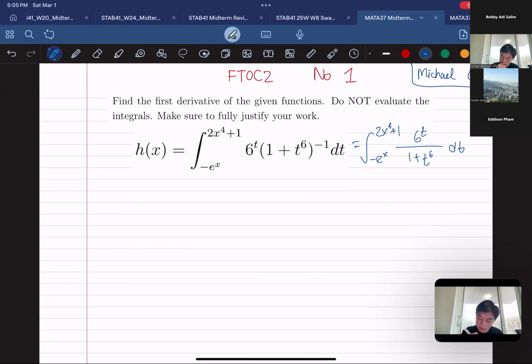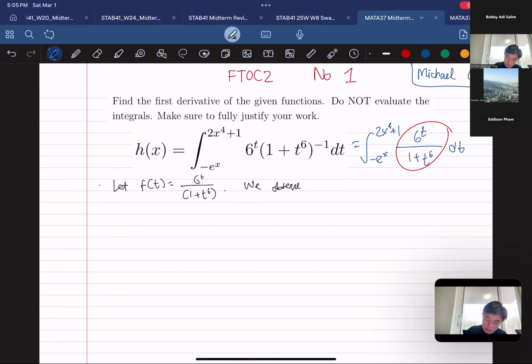From there, we want to identify what's the function inside. So our first line is: let our function t be that thing inside. And then you observe that the function t is a quotient function containing,